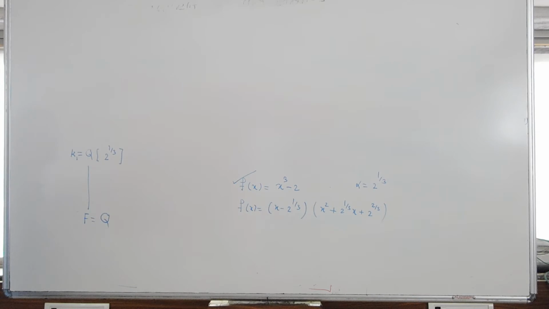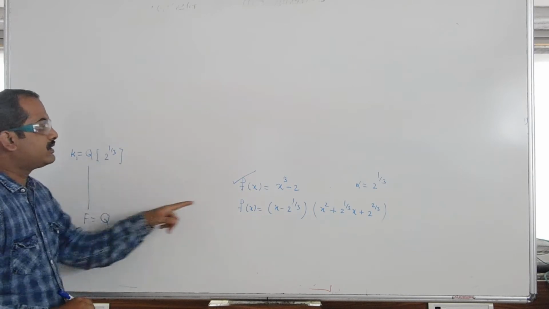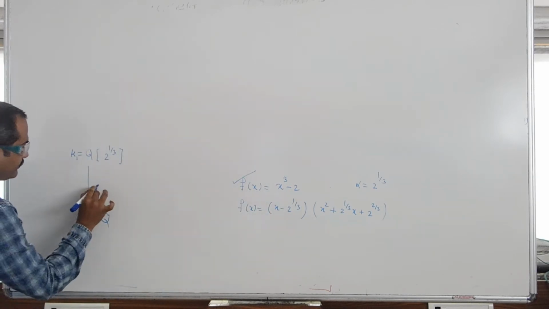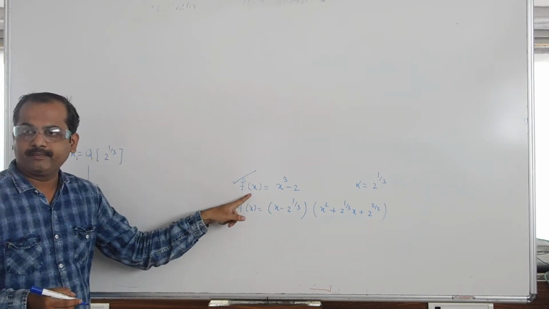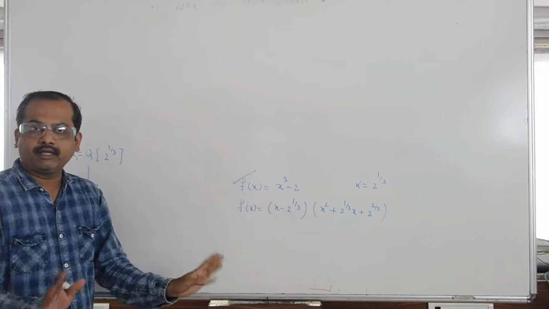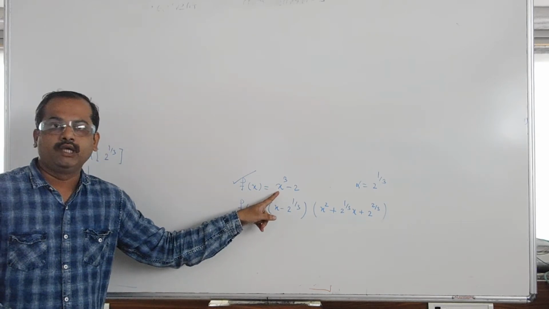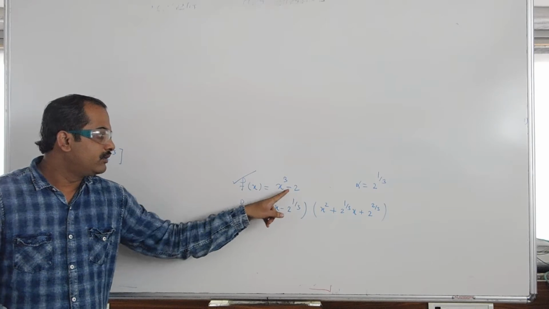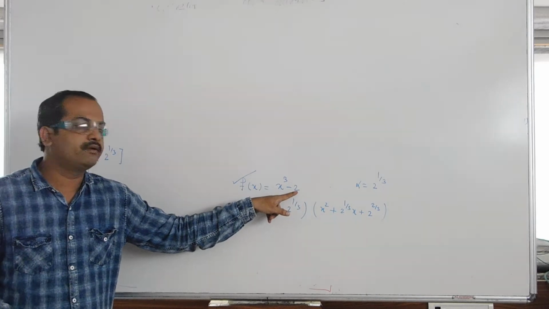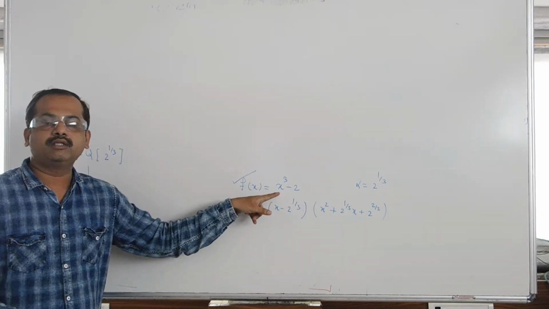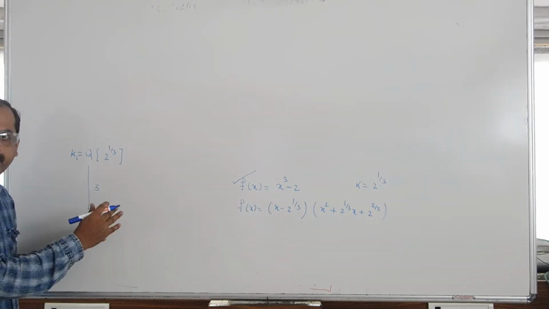Okay. Now this is the extension. What is the degree? 2 raised to 1 upon 3 satisfies this polynomial, so the degree of extension is 3. Okay. Over Q, you cannot factorize this one into Q. So you have to go further.